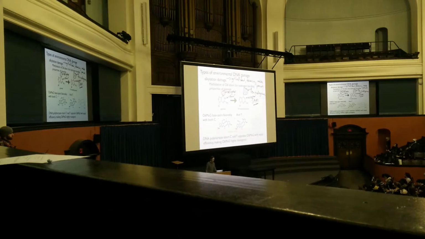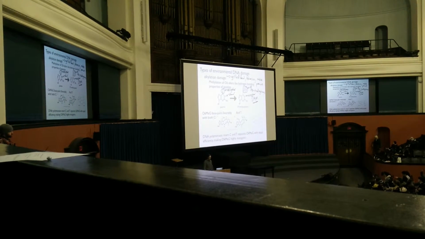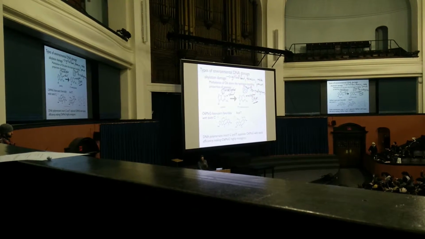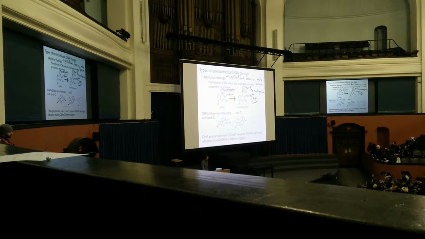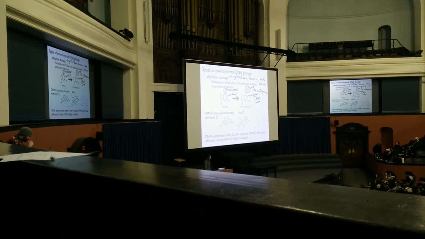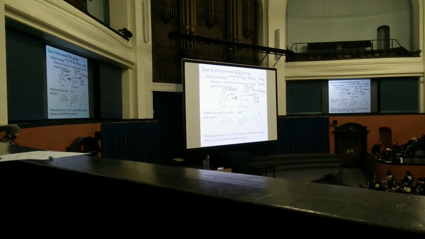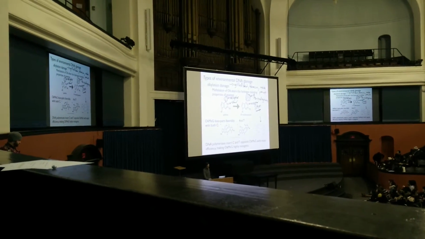And so since you've changed the pattern of H bond donors and acceptors, you might expect that this would change the base pairing properties of O6-methyl G, and indeed it does, because what happens is that this change eliminates the specific